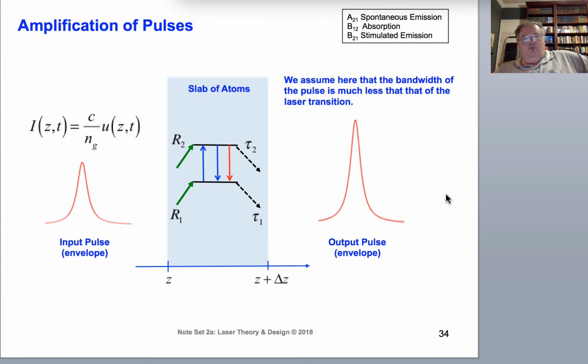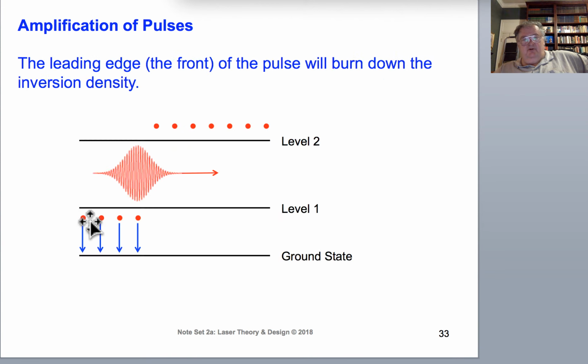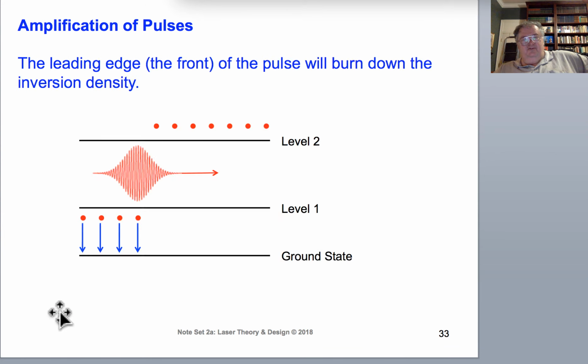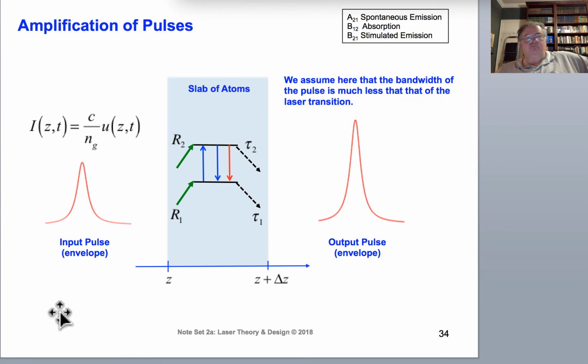So again, remember what we have. We have our input pulse envelope. Here's the envelope. I'm not showing the sine wave with it, right? It's really one of these, and this is the envelope of that pulse. We have our expression I is c over n times the energy of that pulse. We go through our usual slab of atoms where we're pumping up to level 2 and pumping up to level 1. And an important assumption here, we're assuming that this is a pulse, and pulses have a